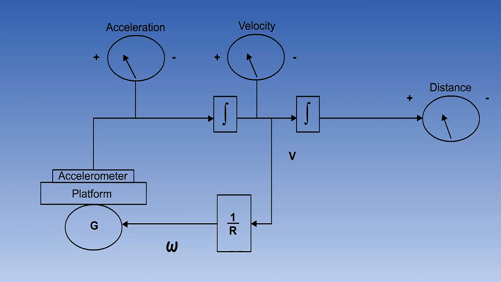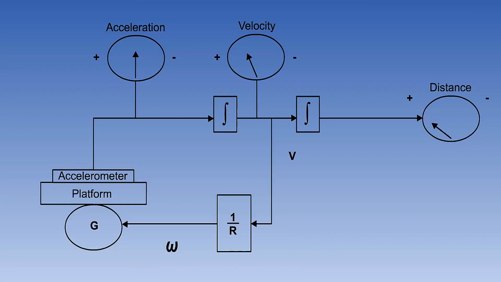At the same time, the velocity is passed back along the V over R feedback loop. The system can't tell that we are still on chocks, and this is a false velocity. So it assumes that the aircraft is traveling around the curvature of the Earth and slowly brings the platform to the level, which means that the source of the false acceleration is removed. You might think that this has solved the problem. The platform is now level and there is no false acceleration.